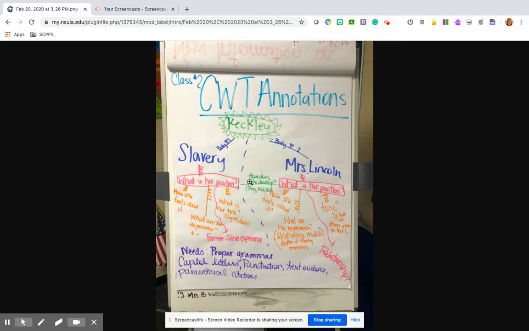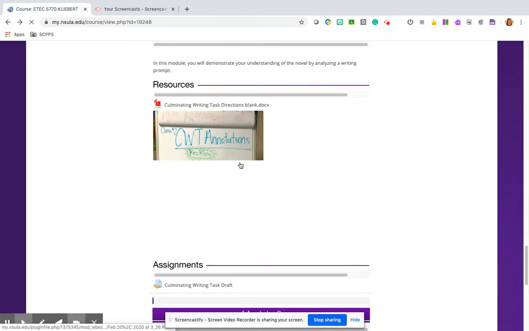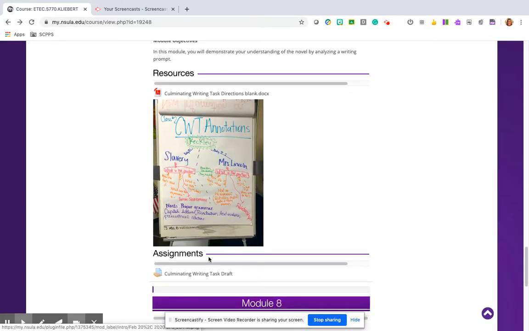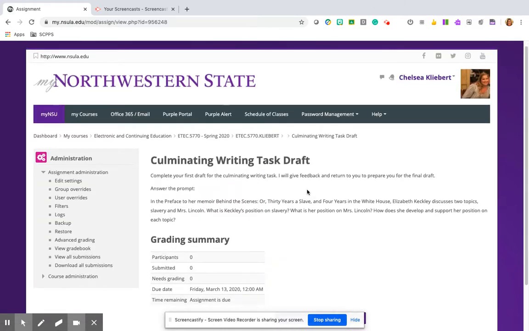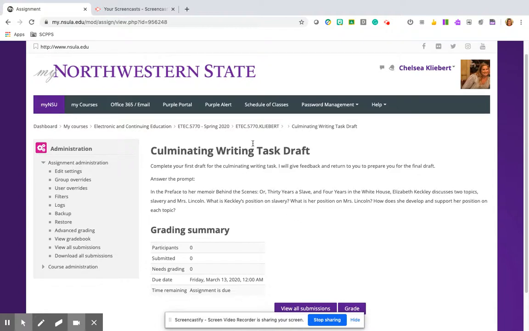I wanted to post this so that students can have a visual and kind of have a checkpoint for this, because this is 7th grade. If this was in class, I would have done this together with them. So even though we can't physically do it together, I still wanted them to have this. So students are going to use this and then turn in their draft, which is right here. So all you have to do is answer the prompt and then submit it.